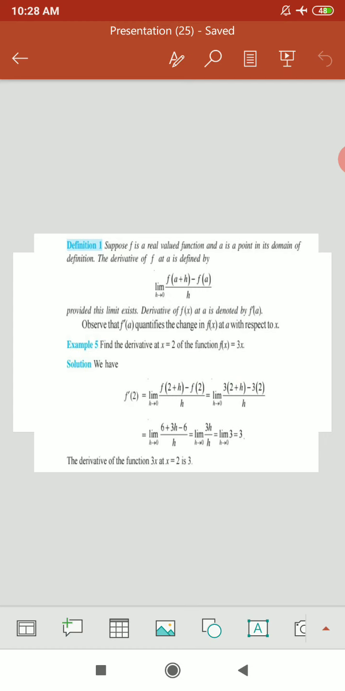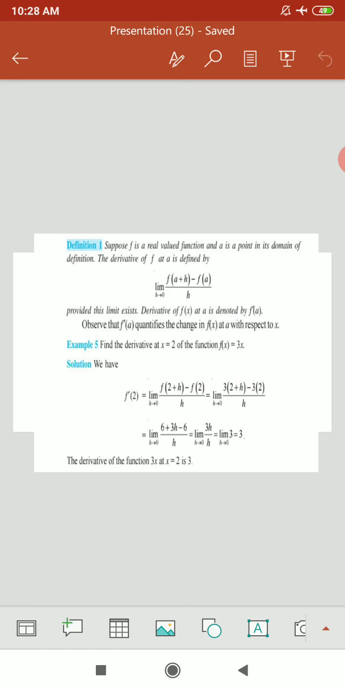For example, find the derivative at x equal to 2 of the function f of x equal to 3x. The given function is f of x equal to 3x. We have to find its derivative at x equal to 2. We will find the limit h tends to 0 f of 2 plus h minus f of 2 divided by h. f dash of 2 is equal to limit h tends to 0 f of 2